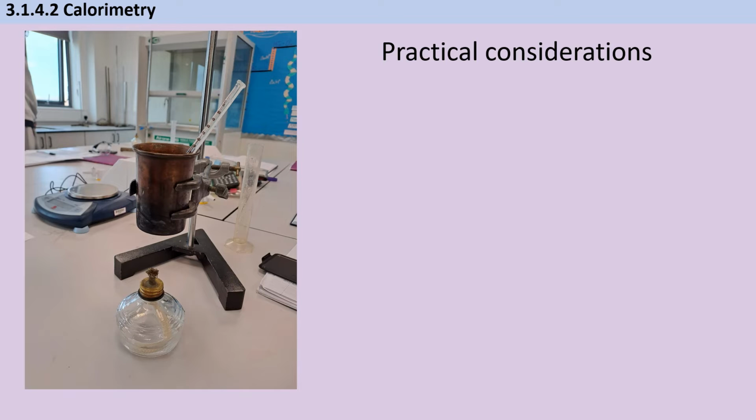combustion. The first thing is that, generally speaking, we don't measure masses of liquids. We tend to measure volumes. So this measuring cylinder here seems quite sensible. But in order to do our calculation, we need to know the mass of the water that's been heated. Well, actually, this is fine because the density of water is 1 gram per centimetre cubed. And what that means is that if I've measured out 50 centimetres cubed, then I know that I have 50